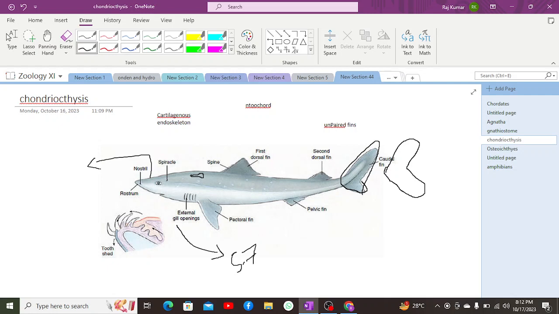as Carcharodon, the large white shark, and Scoliodon, dogfish. Apart from this, we are having examples of Torpedo and Trygon, stingray. All of these are Chondrichthyes. Apart from that, some other good examples are also there. Pristis, sorry, if I'm not wrong with the spelling and pronunciation, it's Pristis. Pristis is basically